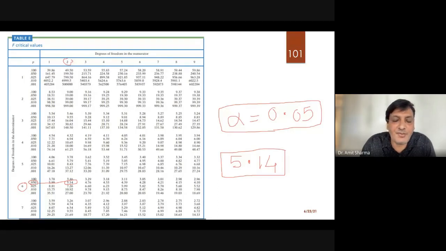Most of the time this table is not provided by the examiner. What they used to do is find this critical value or tabulated value earlier, and write it with the name of test value or critical value or the tabulated value. Different terms are there. The examiner can use any one of them, either test value, tabulated value, or critical value, for the test 5.14. The F score which we are going to calculate, we don't know how much it is right now. We have to compare it with this to make the final decision.